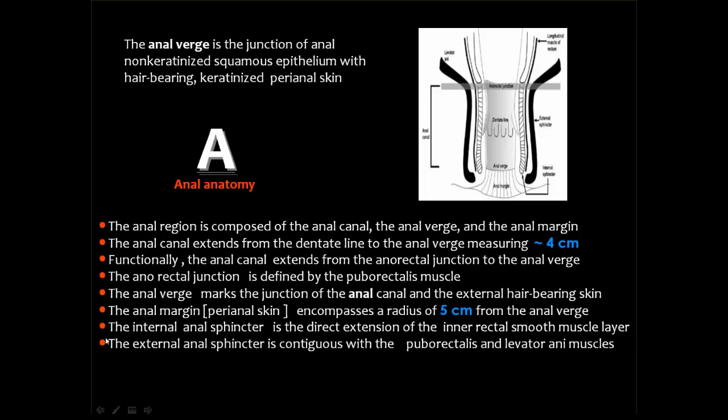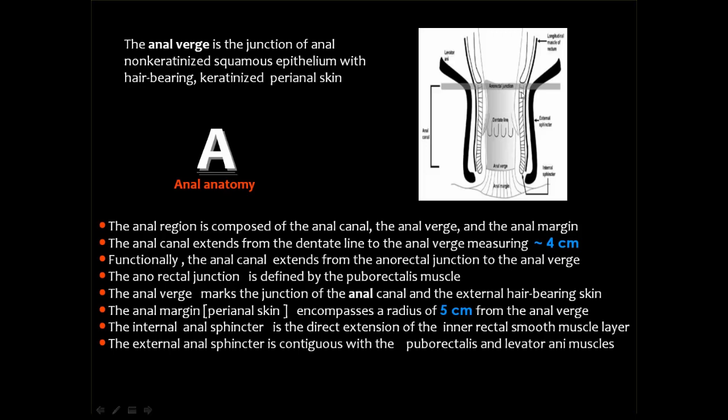Then we have the anal margin, which is an area with a radius of 5 centimeters around the anal verge. Then there are two important anal sphincters in this area: the internal anal sphincter, which is made of